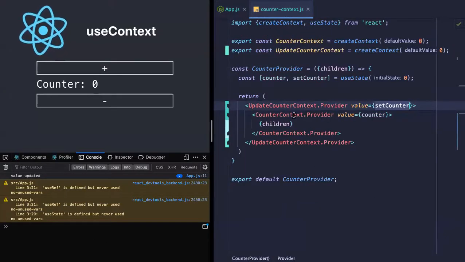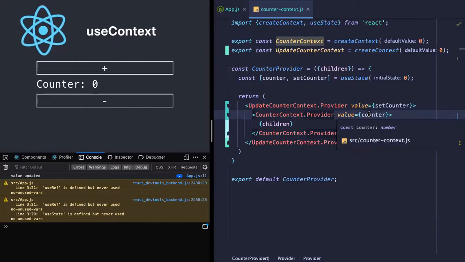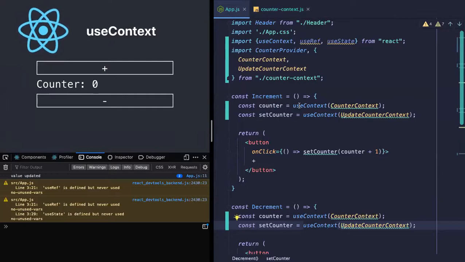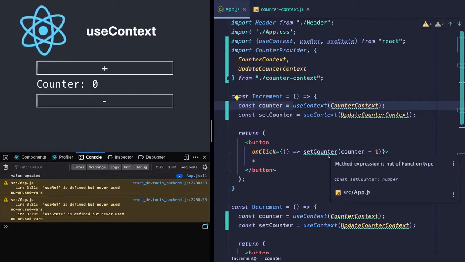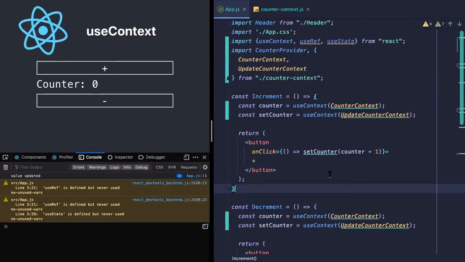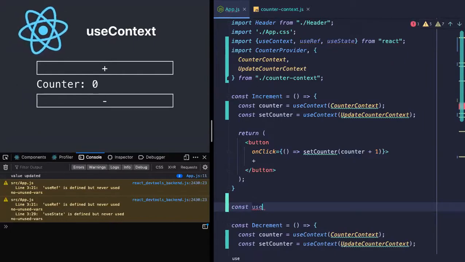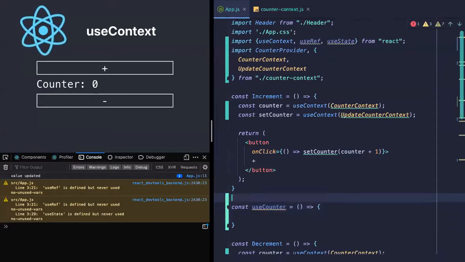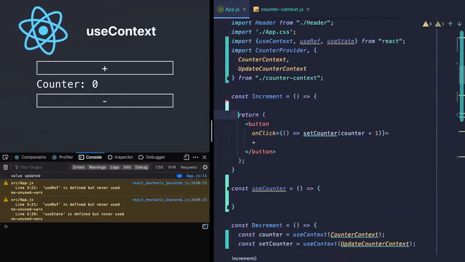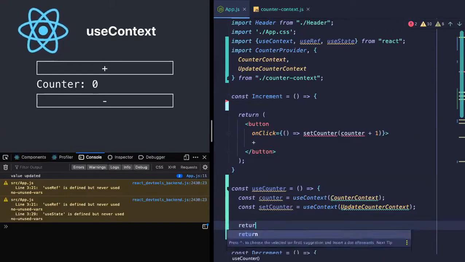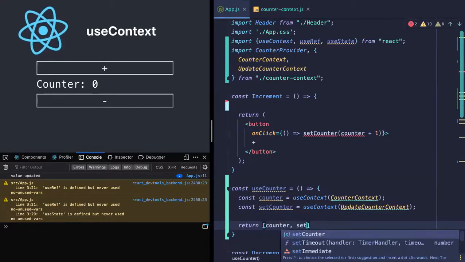Here, our single context is just giving us a single value. That way we solve this problem, right? And now let's say we have this whole logic of getting a counter, use counter, and then set counter. How about we extract this whole thing out into a custom hook, so that it simplifies our developer experience, right? So that's what custom hooks are for. So let's say I'll just create a use counter, and I'll just move this whole thing in here, and at the end just return counter and set counter.